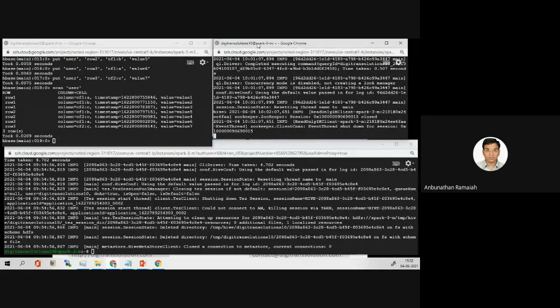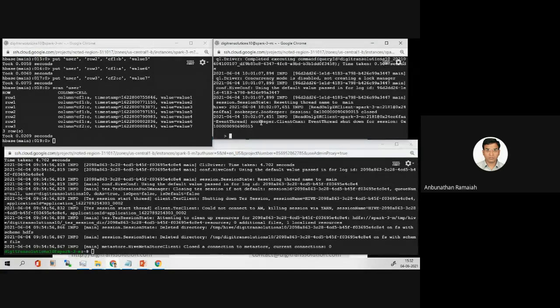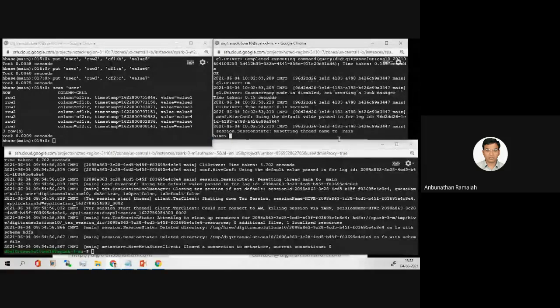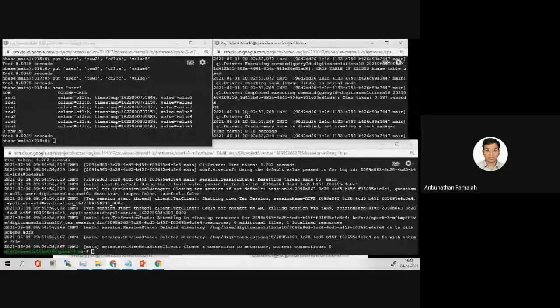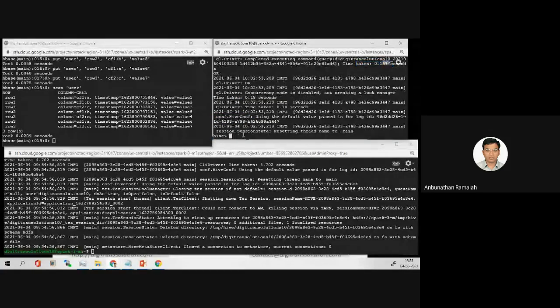So now what we have to do is drop the table if exists HBase table user. So any error has come? OK has come. This time OK is coming. 0.137 seconds. So again we'll execute the previous command there.